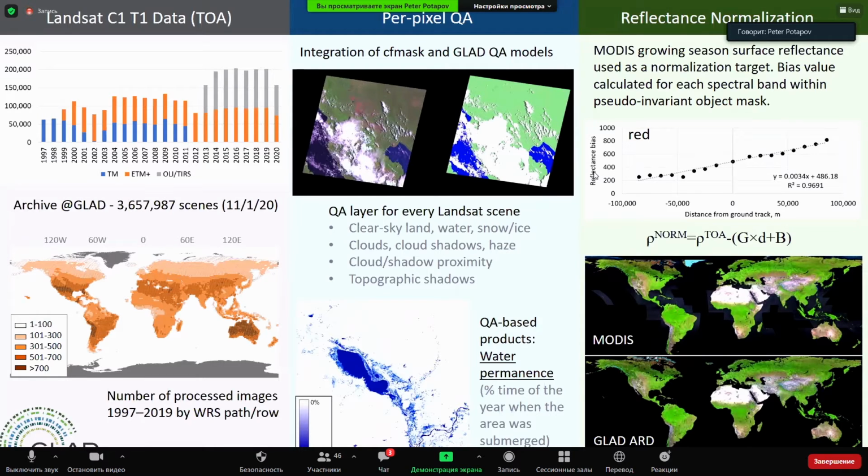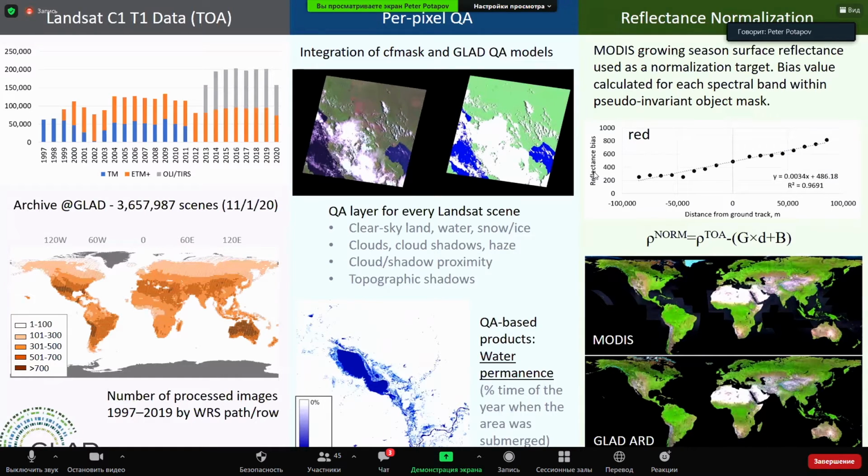Since we operate at wide-scale geographies and with extremely long time series, Landsat data for us are critical, and our lab stores a complete archive of Landsat data from 1997. It's updated automatically every day, and we also generated a system of automatic processing of the data and converting them into data for analysis. They are the so-called analysis ready data, ARD.